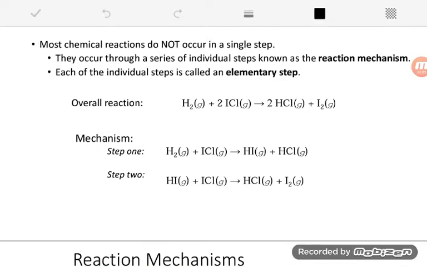So far, we've been looking at overall chemical reactions that look like this and talking about their rates. But it's important to understand that overall chemical reactions don't actually tell us about how a reaction happens. All they tell you is what you put in and what you got out. In this case, we put in a hydrogen and 2 iodine chloride molecules, and we got out 2 hydrochloride molecules